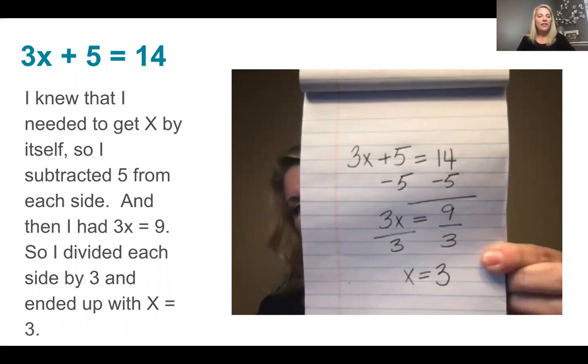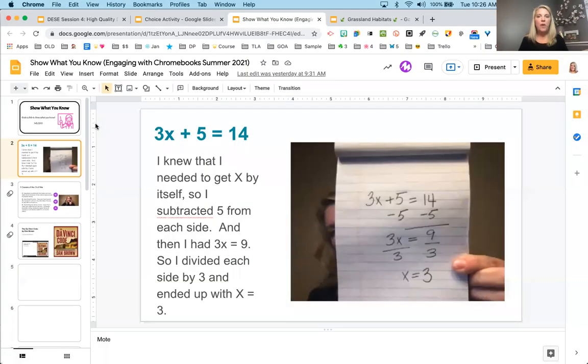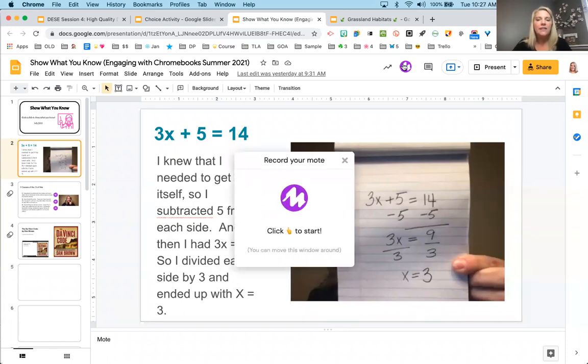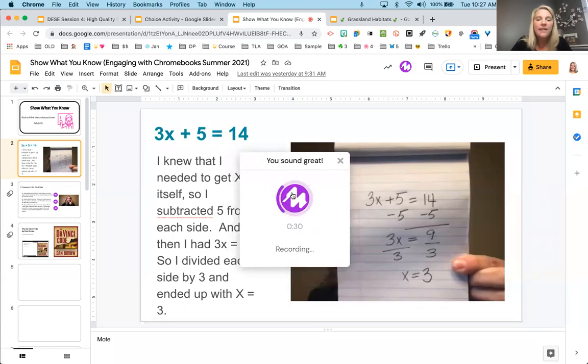One thing I don't have on here, and this is a perfect time to show you how to do it, is the audio recording. So you guys, I have a slide later that I'll show you on how to get this program, but there's a program called Mote. If you've been taking a couple of these sessions with my colleague Greg, you probably already have heard of Mote because it's a fantastic program. But for those of you that are new to it, it's a Google Chrome extension that integrates audio into Google Slides. So if I click on this, then I can say,